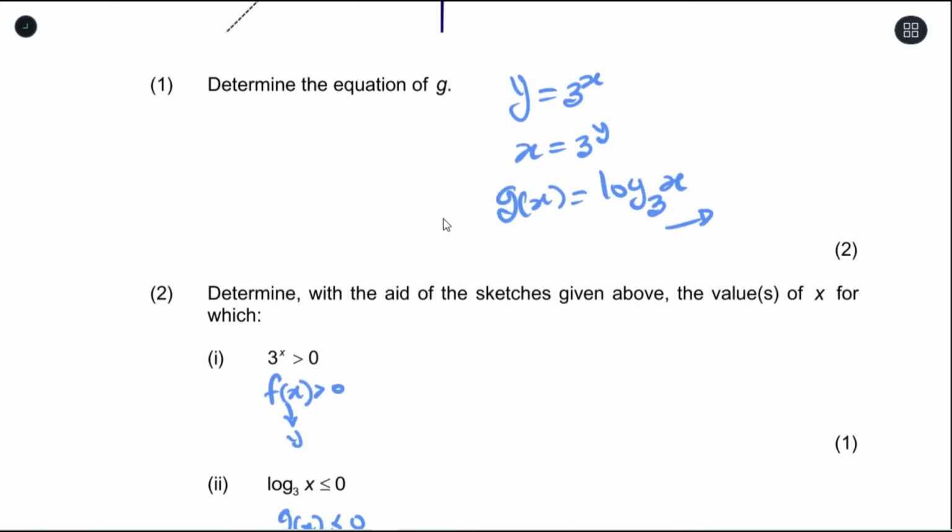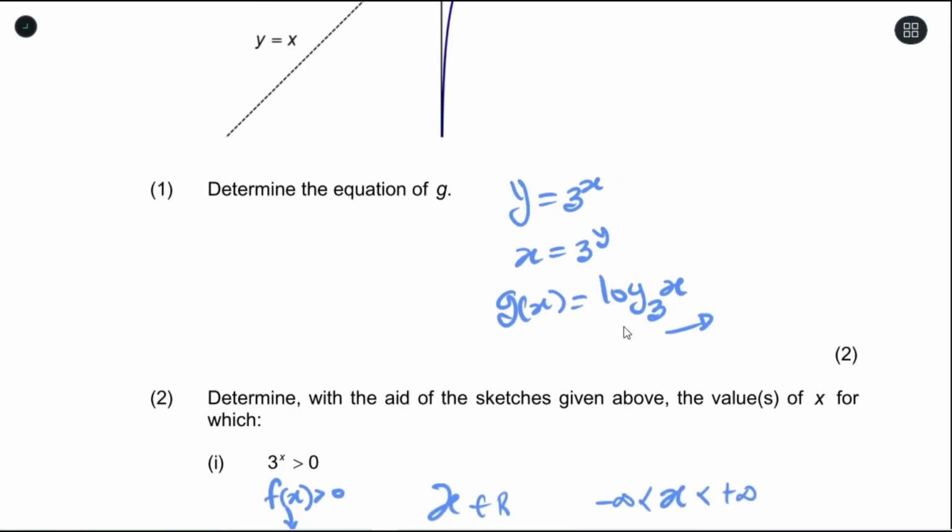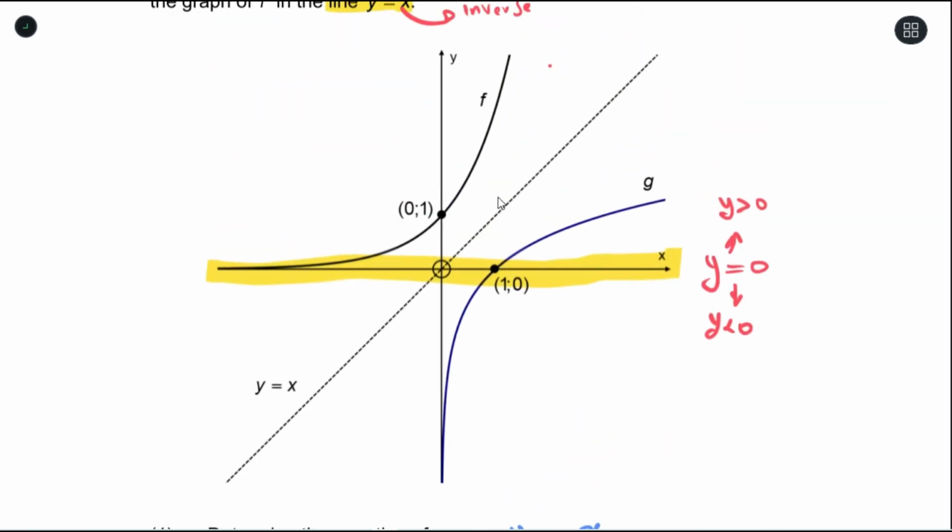So our simple answer for this is just going to be x is an element of real numbers. We could also write it like this. x is from negative infinity to positive infinity. It represents all the values. Okay. For the second one, which is g,